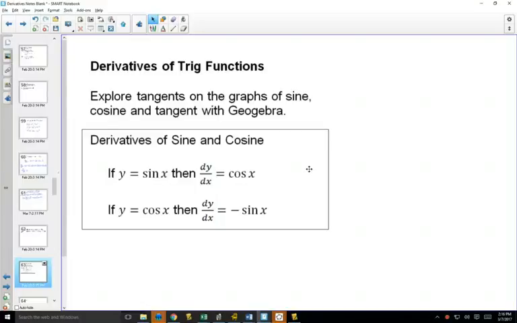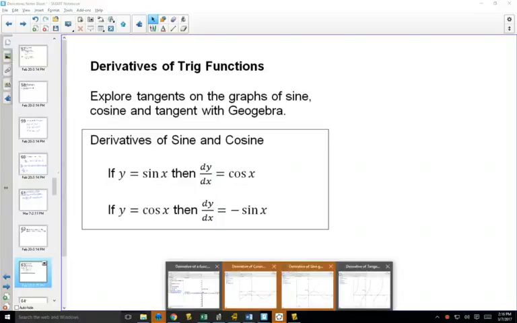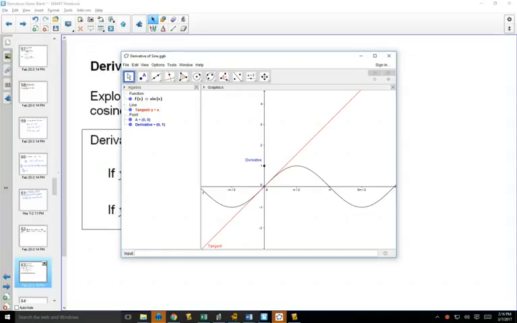Derivatives of trig functions. So what I've got here is, we'll start with sine. Would you agree that that's your normal sine graph? And on the graph, we've got a tangent drawn at 0. The slope of this tangent happens to be 1, so you see a dot there. Now if I drag this point along,